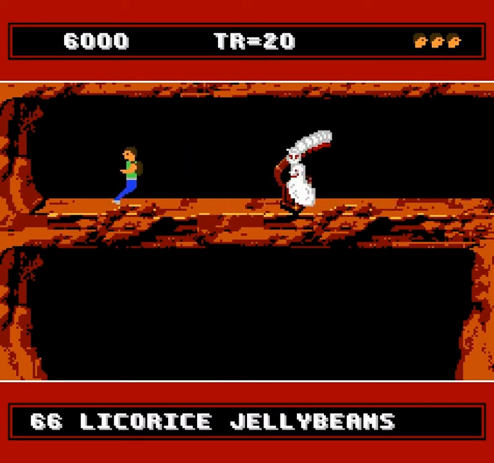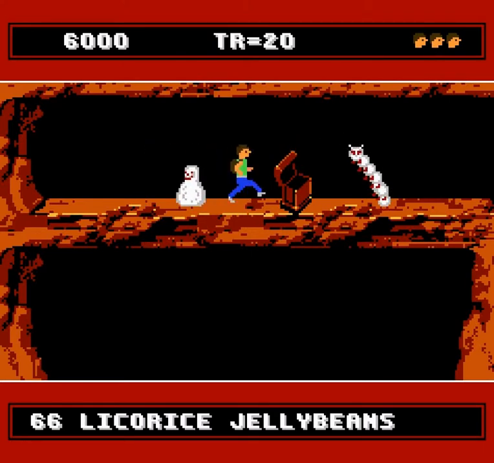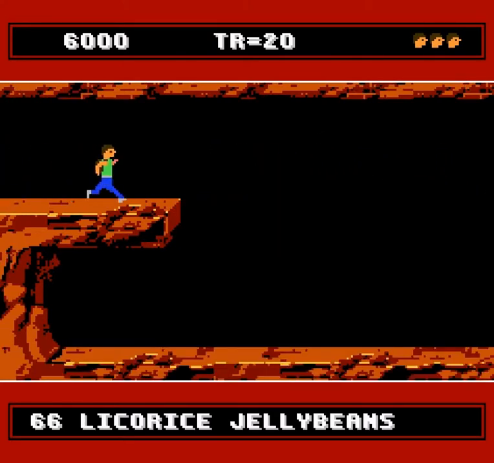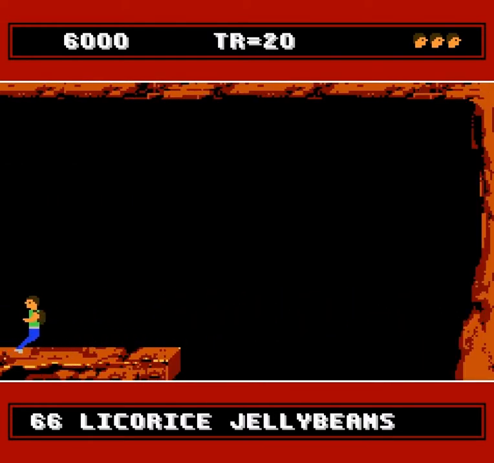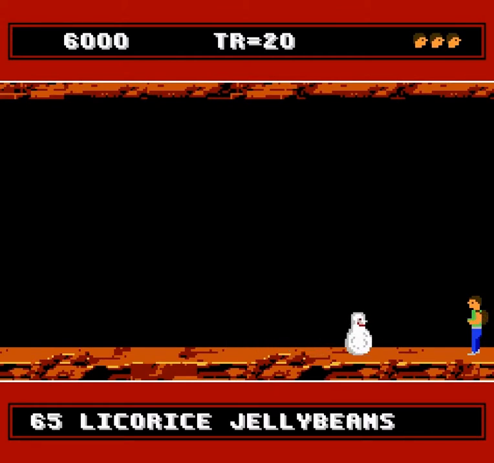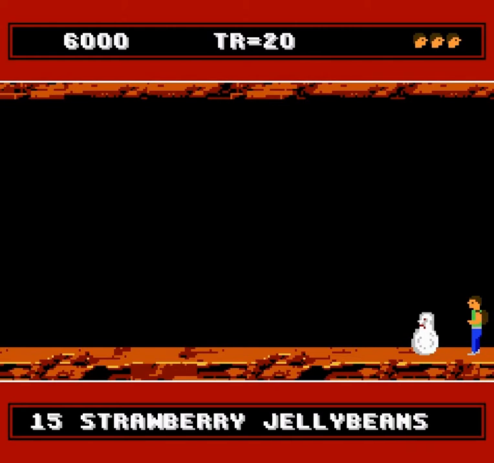There we go. Can I make it back under him? Yeah, alright. So, moving forward here. You find yourself with a ledge. What do I do now? Well, I guess I need to interact with the blob. That wasn't what I meant to do. Let's see. We need... what do we need? Licorice ladder,